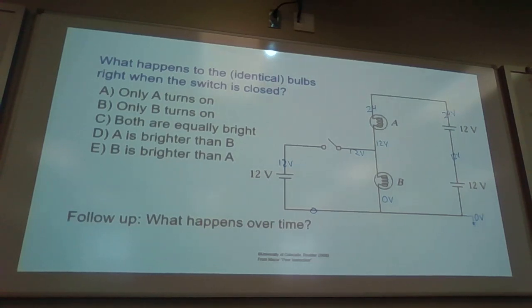So over time, what happens? Well, eventually one of the batteries goes out. Yeah, so a battery goes dead. Over time, which light bulb is going to go out first? So let's try that route. A. They're in series, so if one goes out, the other one has to go out. So, do we actually know which one goes out first?